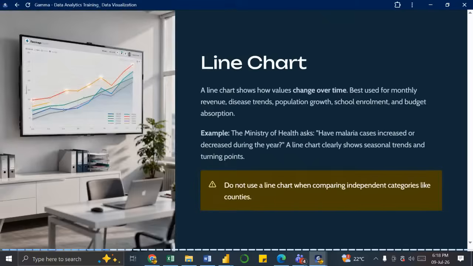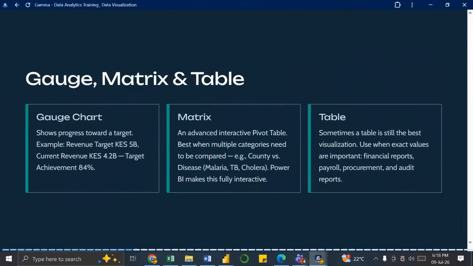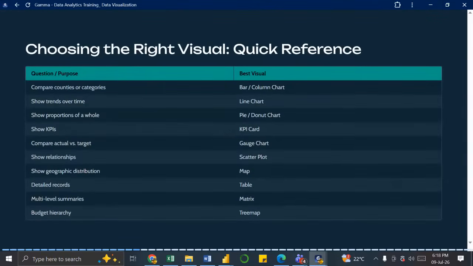Now we've looked at that. I want to now proceed to choosing. We've looked at this, but I'm going to repeat this for better understanding. The purpose and the best visual to work with. When it comes to comparison, you can either work with a bar graph or a column chart. When it comes to showing trends over time, any time you hear of time somewhere, you work with a line chart, okay? For showing proportions of a whole, you can work with a pie chart, a donut chart, or a tree map,